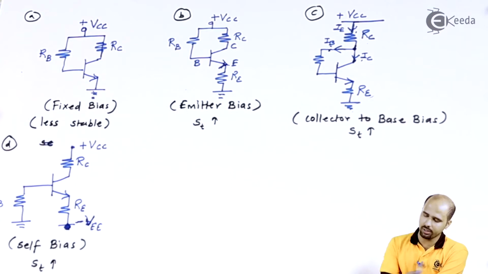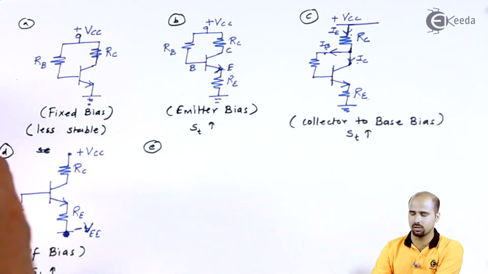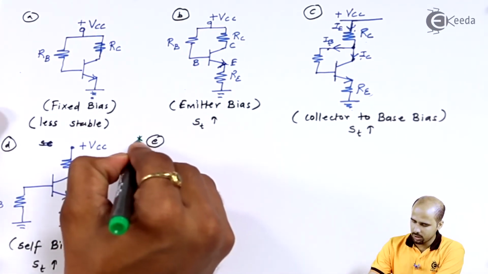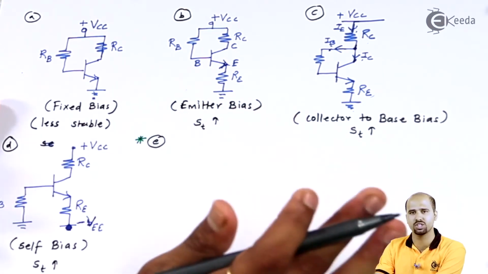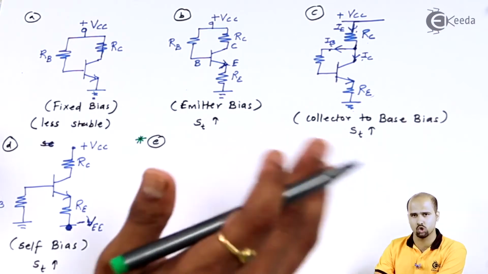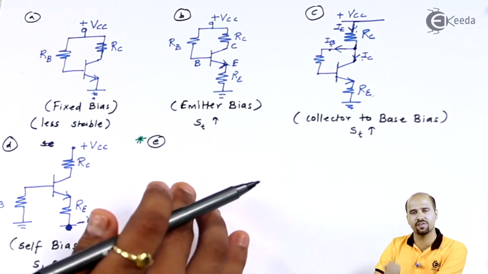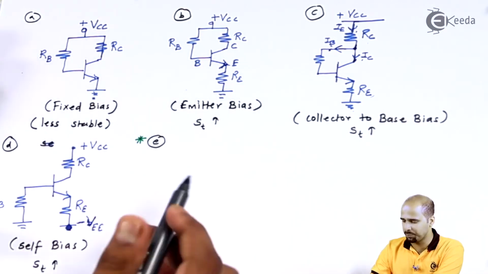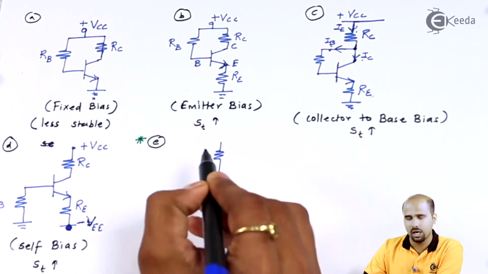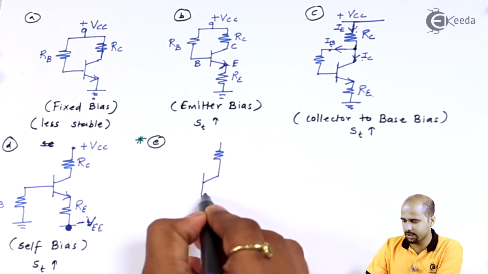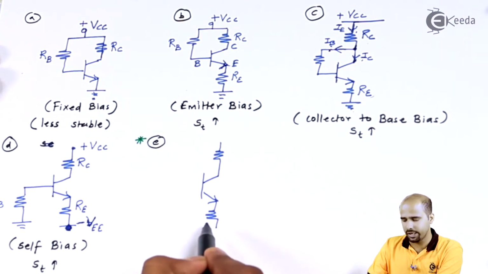Now the last circuit we will deal with is very important, so we will mark a star for this particular circuit. This circuit we will use more often in multi-stage design, multi-stage analysis, power amplifiers and so on. For many circuits we will use this voltage divider configuration of the biasing network. So this will look like RC connected to the collector, and the emitter is connected to the RE, right?